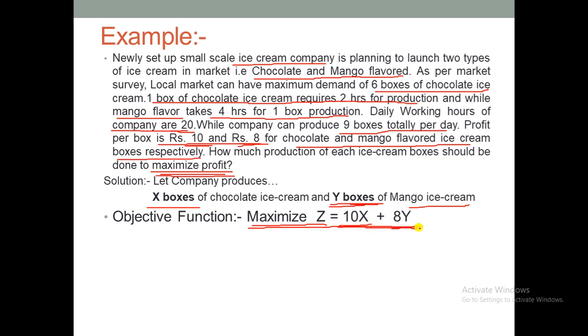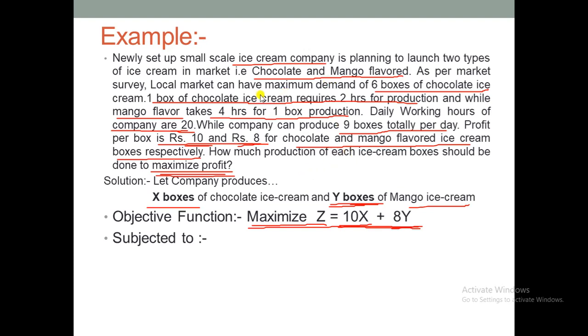This is what the first step was. Second step is to decide the constraints, because as many boxes as the company will produce, that is going to be the profit. But it is not as simple as that, because there are going to be some restrictions, and the restrictions are given here: the market can accommodate only 6 boxes of chocolate ice cream. Then again, one box of chocolate ice cream requires 2 hours of production. For a mango box, it requires 4 hours of production. So that is going to be the limitation for the boxes. Now let's go for